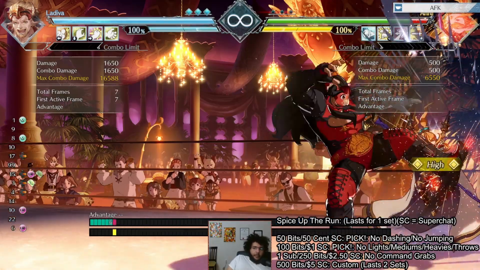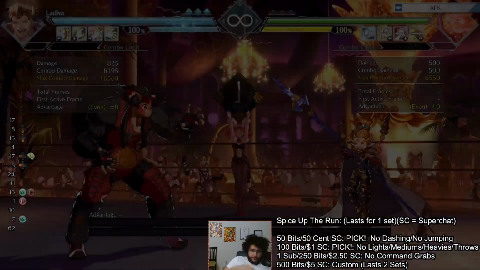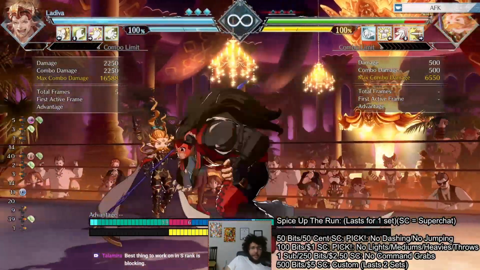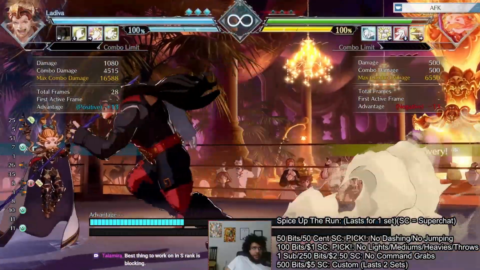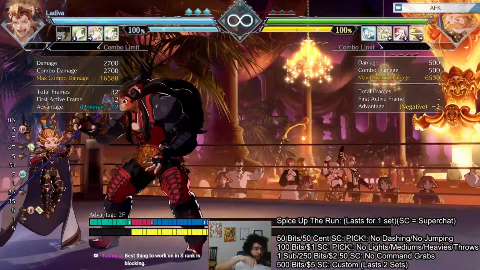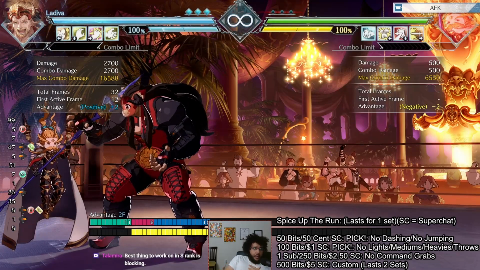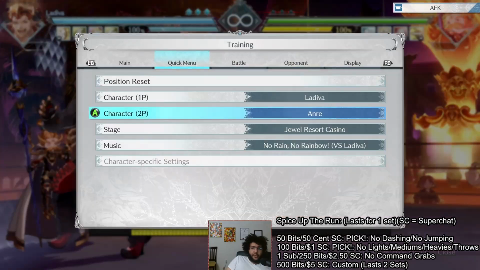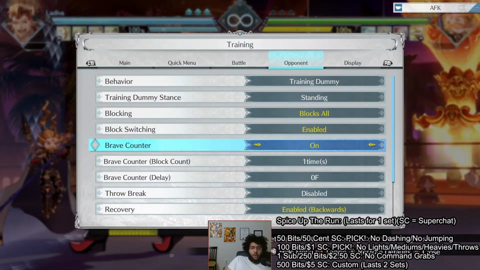But in S, I would say just focus more on making sure you're not mashing on wake up, right? Because a lot of players, I think, have a problem where they wake up and they mash and they die for it, right? Make sure you're not mashing on wake up. Make sure you're not DPing too much, right? Make sure to actually be using brave counters and stuff like that, right? Brave counter is a very, very strong mechanic that a lot of lower ranked players just don't use at all, and that shit is